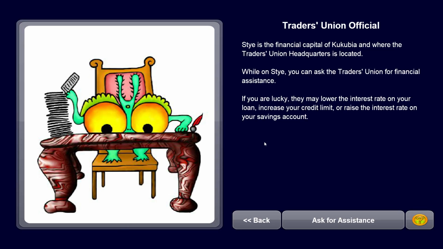Sty is the financial capital of Kukubia, where the Traders Union headquarters is located. While on Sty, you can ask the Traders Union for financial assistance. If you're lucky, they'll lower the interest rate on your loan,